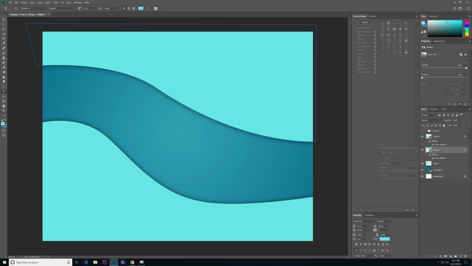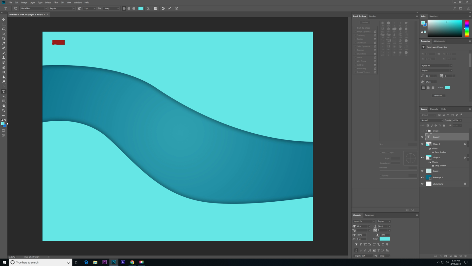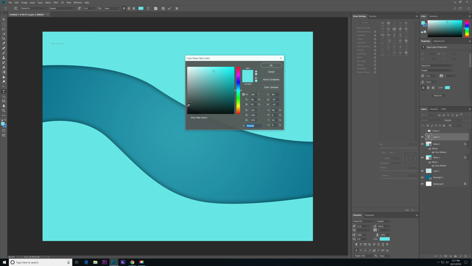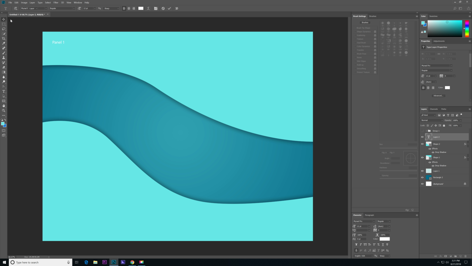And I'm going to make a new layer to go into so that I'm not typing within the bounds of this shape, although I could. So I'm going to do this and say panel 1. And right now I can't see the text because it's the same color as the shape that I'm over top of. So I'm going to change this up here to white. And now we can modify this